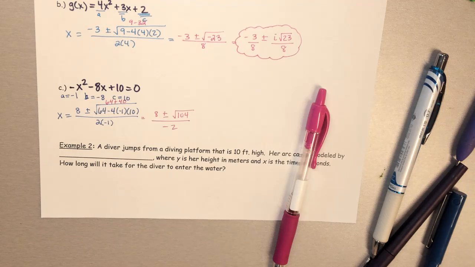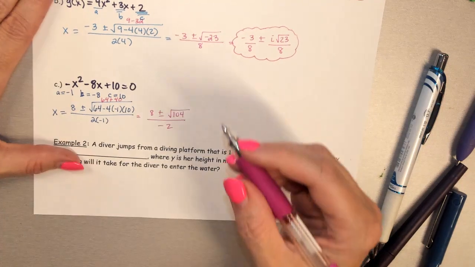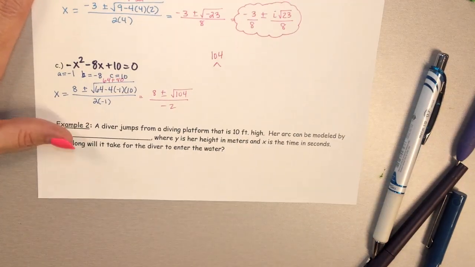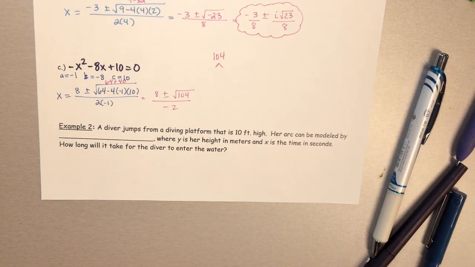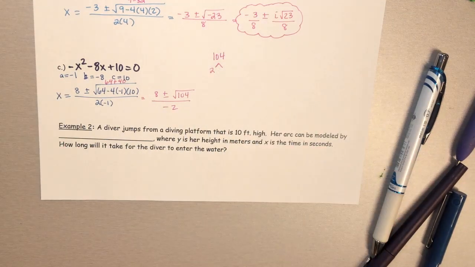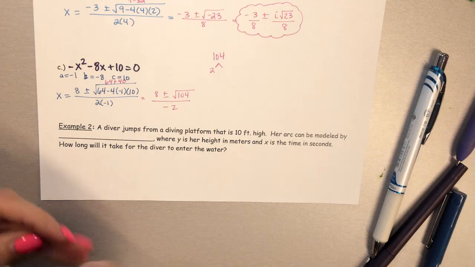That makes my factor 3, right? So with 104, let's see what we got. I do think with the larger numbers, it's easier for you to start with a prime number like 2 or 3 if it goes in there. If it's even, 2 is going to go in there. So half of 104 is